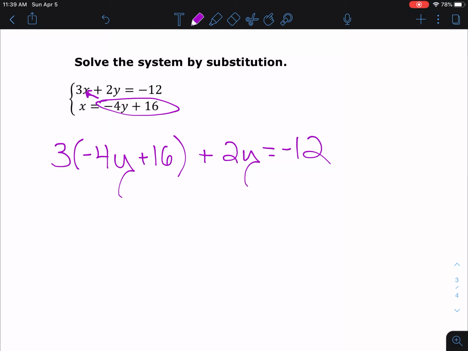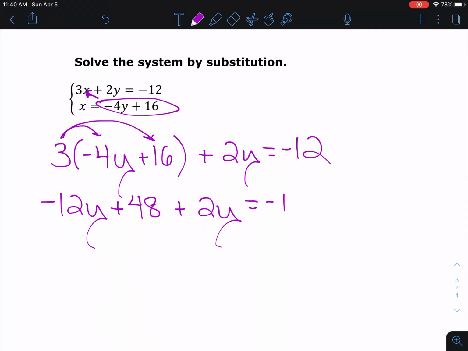I'm going to distribute the 3 to both the 4y and the 16, so I would get negative 12y plus 48 plus 2y equals negative 12. Okay, before you can start solving for y, you have to combine like terms. So we have negative 12y and 2y. These two right here, we're going to put together. Okay, so negative 12y plus 2y is negative 10y